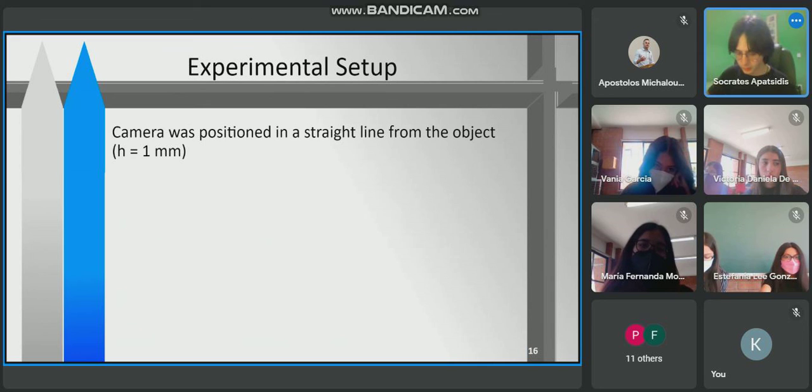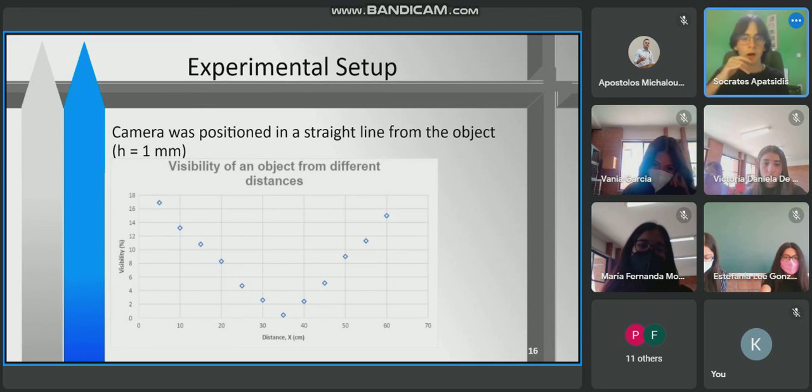Now for the second hypothesis, we change the distance between the base plane and the viewing plane, as I said, in order for the